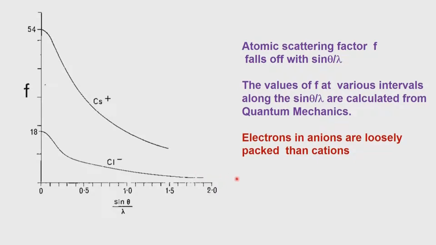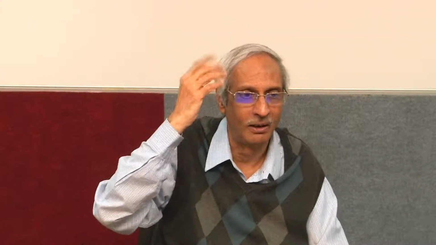So, if you look at actually a diffraction pattern, you will observe it, whether it is a powder diffraction pattern or a single crystal X-ray diffraction pattern. As you go in the 2 theta direction to higher and higher angles, the intensity keeps falling very rapidly. In fact, in an organic molecule, if you record a powder diffraction pattern at room temperature, of course, you hardly see anything beyond 35 degrees in 2 theta. That is because these values will go down very fast.